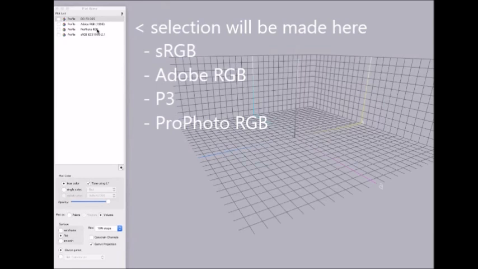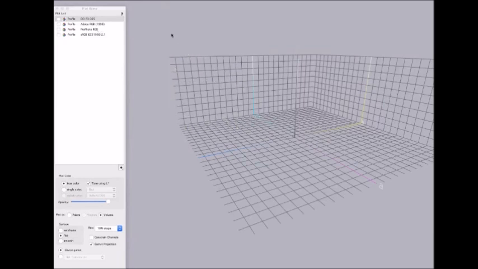and ProPhoto RGB. This is an application I'm using called ColorThink that allows one to visualize different working color spaces in a 3-dimensional sense. What you see here is the LAB color space. Top to bottom is dark, light, so L star going from 0 to 100. The A star component, the magenta to cyan, that's the A component, and the B component is the blue to yellow. And what this allows you to do is to see these different working color spaces and their gamuts within